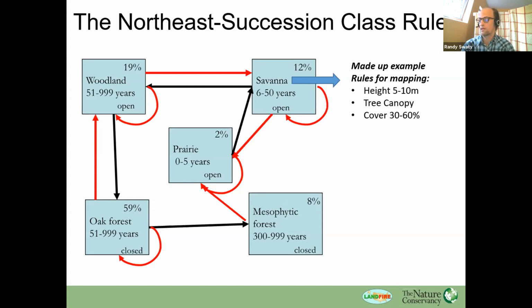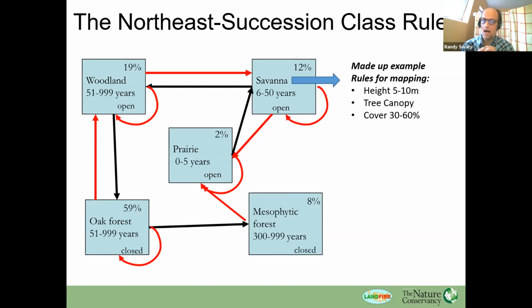Our modeling gives us those expected percentages of the succession classes that would have been on the landscape historically. For this oak ecosystem, roughly 60% would have been in the oak forest succession class. And you see it says closed at the bottom. That's just a very generic label. For this oak forest, I think canopy closure maybe goes up to 70%, so it's definitely not like a closed canopy forest for, say, northern hardwoods.